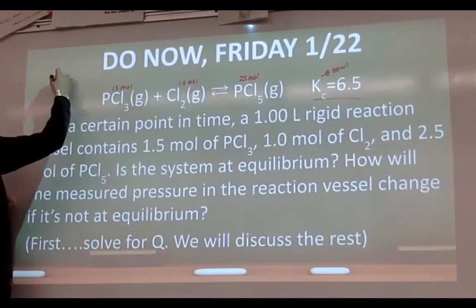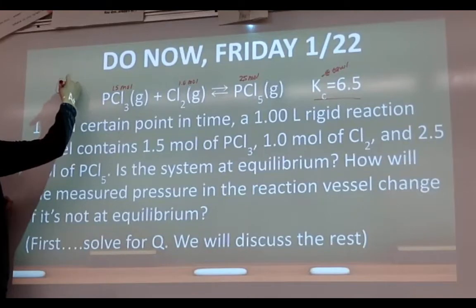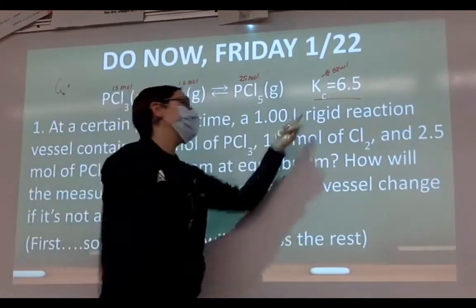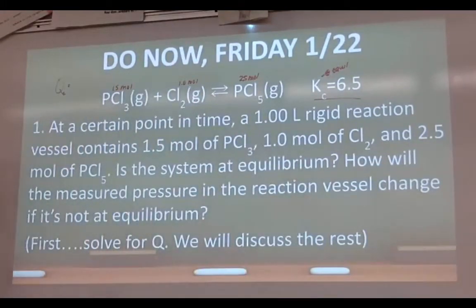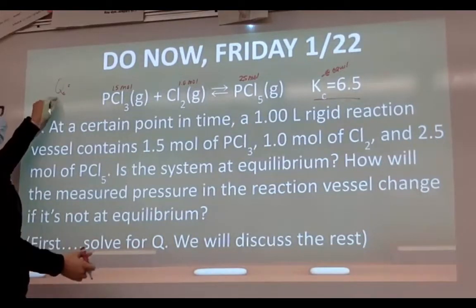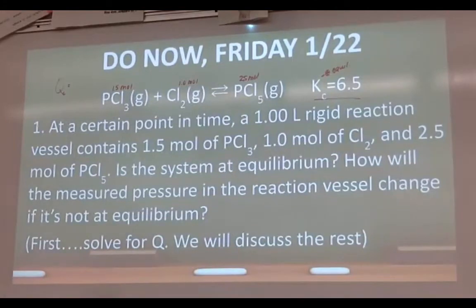So over here I'm going to solve for Q. Because it's Kc, I'm technically solving for Qc. What's the difference between solving for them? Nothing. Absolutely nothing. Solving for Q and K is exactly the same: products over reactants, and you do not include solids and liquids. The only difference is that instead of writing K out front, we write Q because we don't know where we're